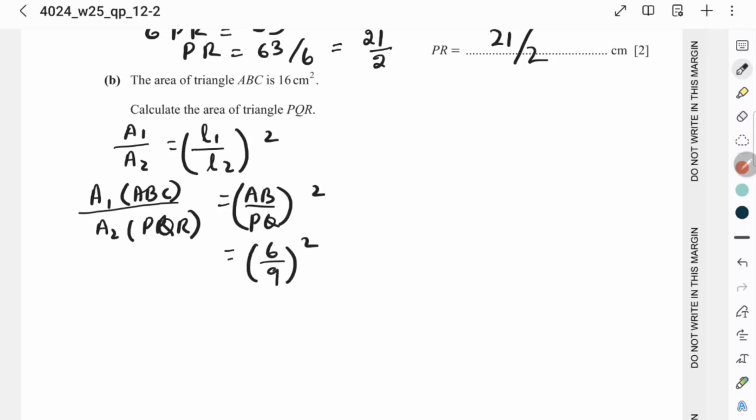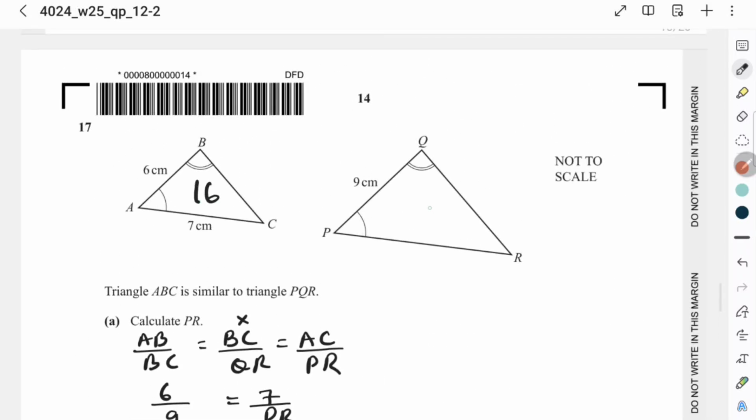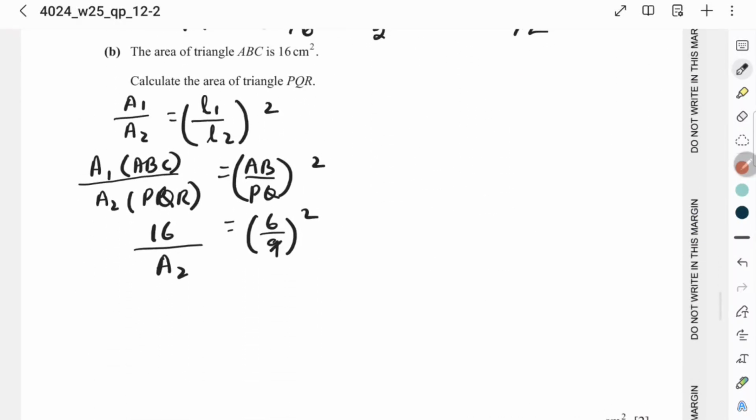And A1, which is 16 over A2. I'm taking this one as 16 and A2 is required, and L1 is 6 and L2 is 9. Now 3 times 3 is 9 and 2, so that is equal to 4 over 9 is 16 over A2. Cross multiply, and then you can have